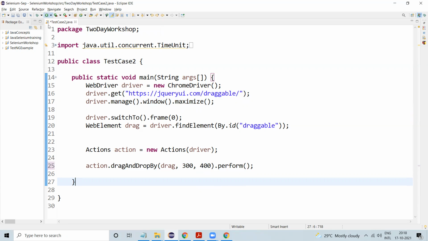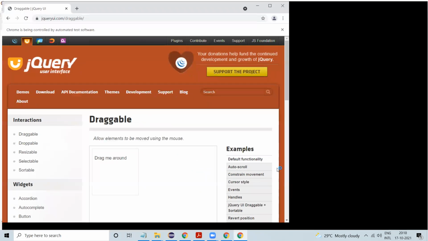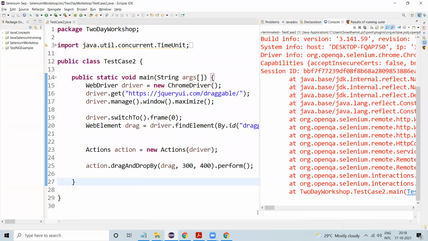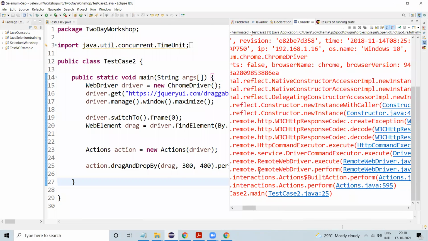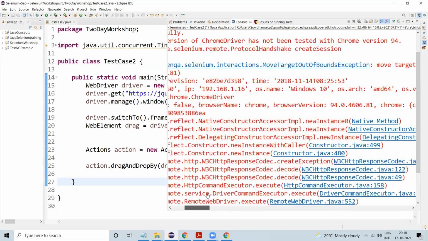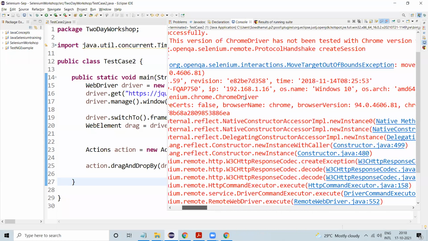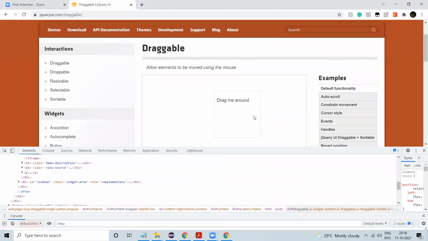It is throwing an error saying the target out of bound exception. So you have to make sure that the pixel point we have given is correct or not. As per that, it will navigate from one place to another place.